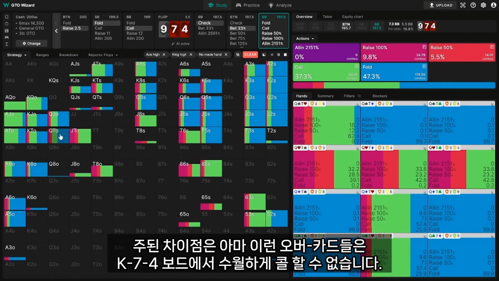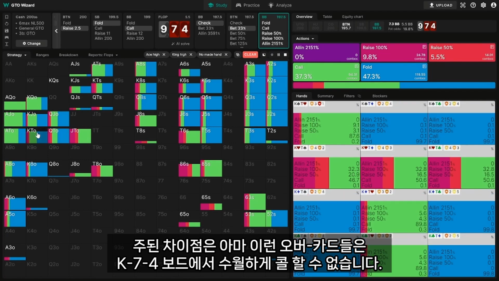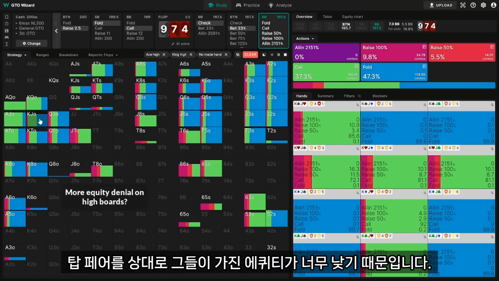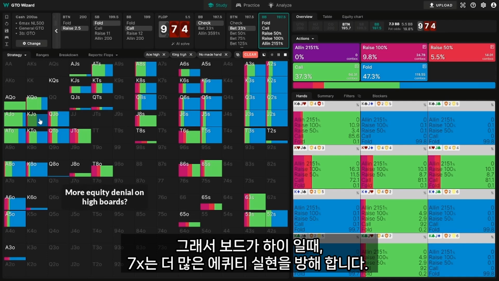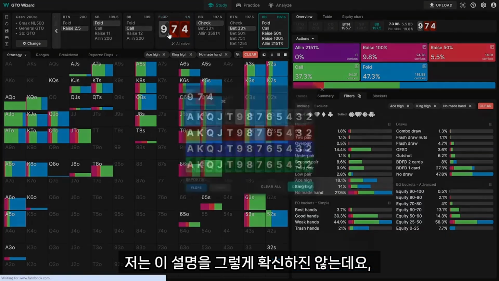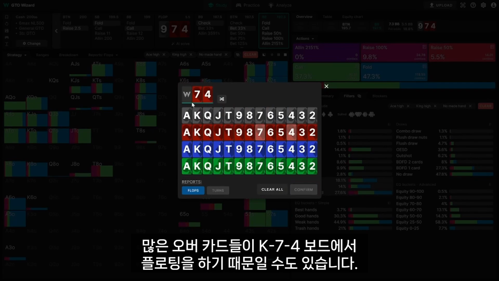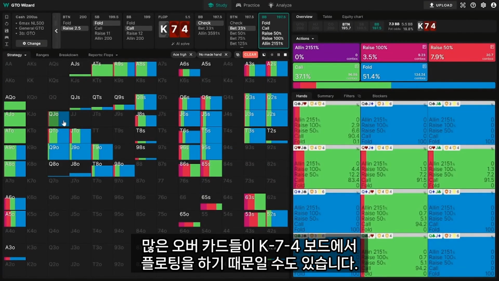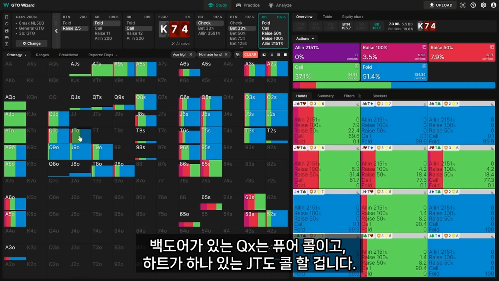The key difference, presumably, is that these overcards cannot call as comfortably on King 7-4 because of how little equity they have against top pair, which results in 7x denying more equity when the board is high. I'm not particularly convinced by this explanation, largely because many of these overcards are floating on King 7-4. Queen high with the backdoor is a pure call, and so are hands like Jack 10 with a heart. In fact,